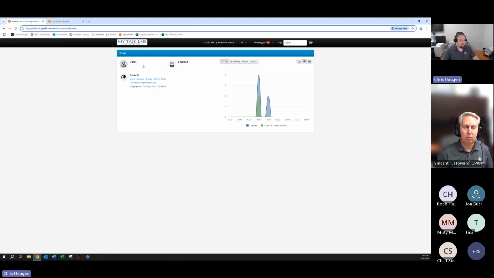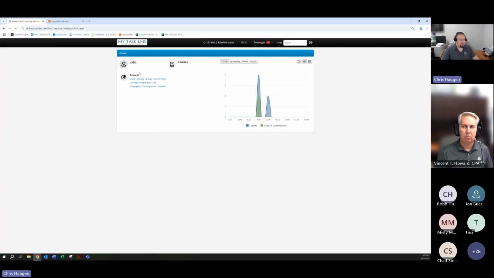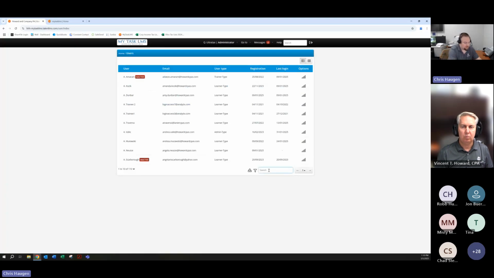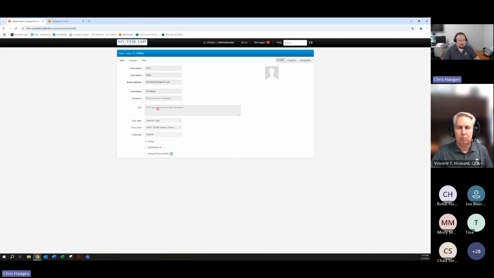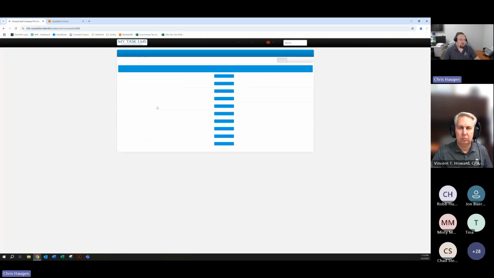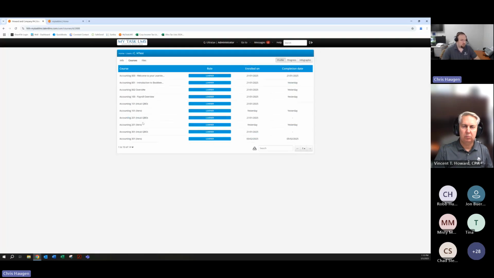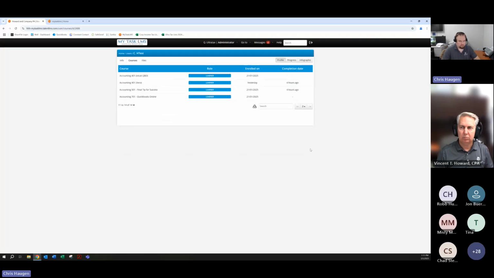What it does allow you now, if we go into that user section and we go to a user, you'll see that everything is blocked out for you to edit, but you can see all of the courses that the person is assigned to. So if you see that they are missing a course, you can relay that to us to get that added. Like if they needed tax added to their side, we can get that added at that point.